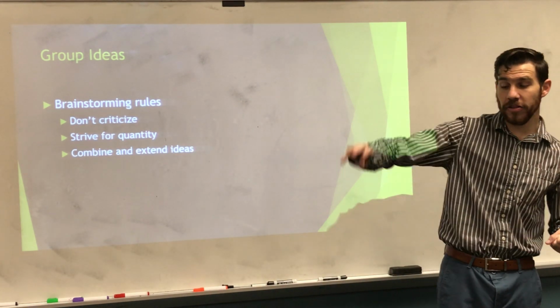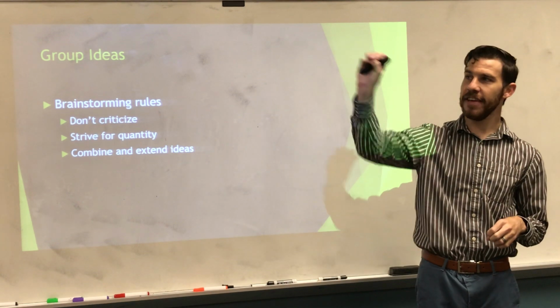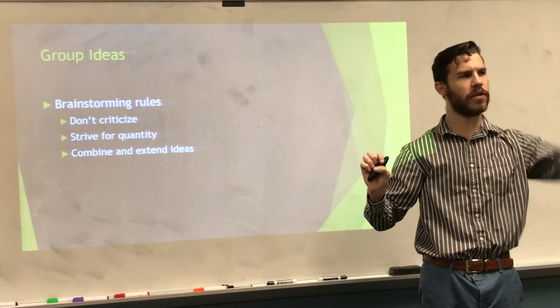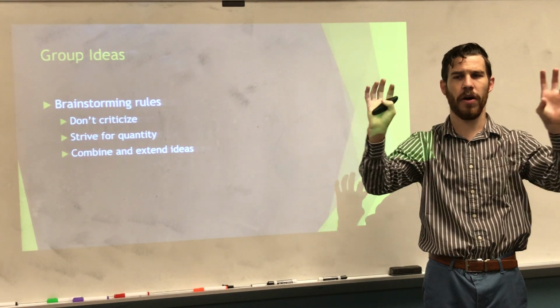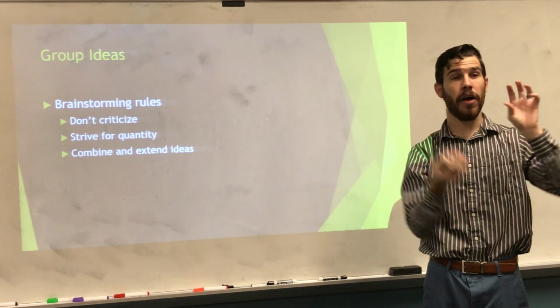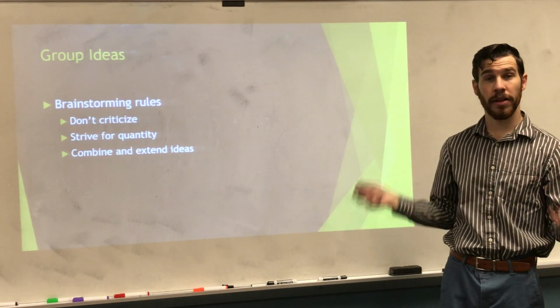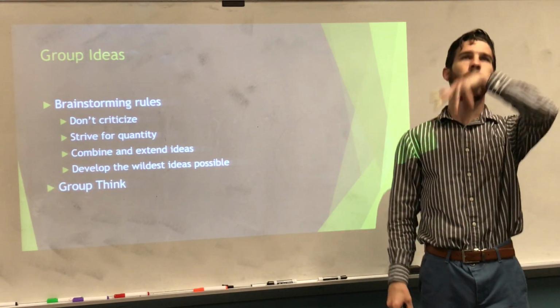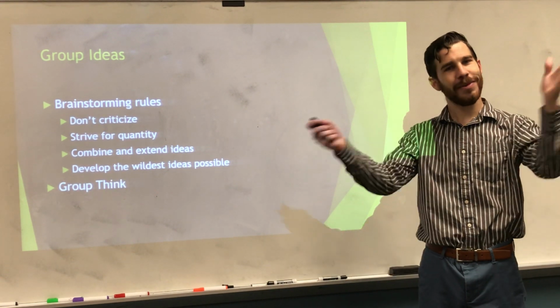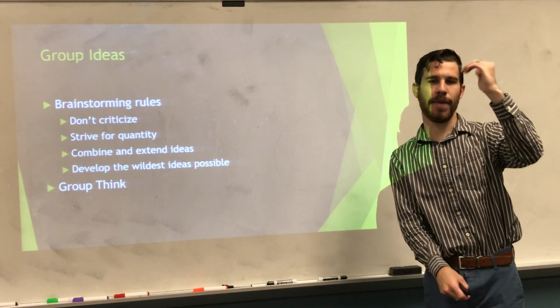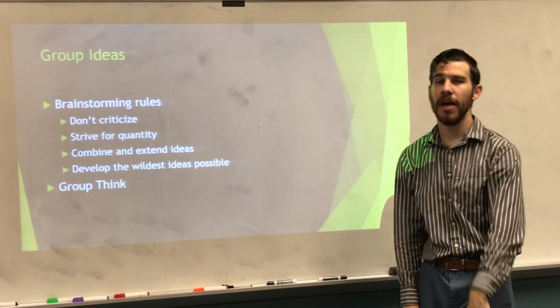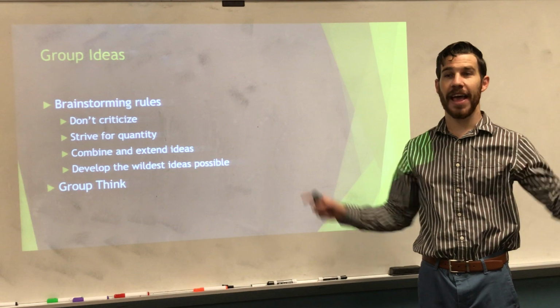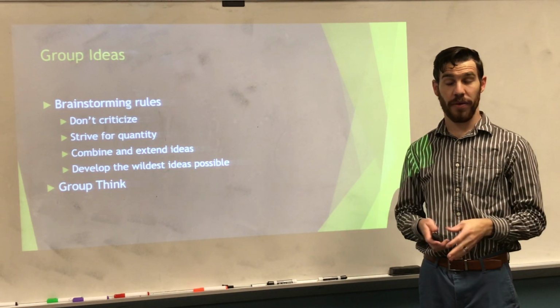And with this, you want to make sure that you're combining ideas. Like this idea might be good but have a few flaws, and this idea might be good and have a few flaws. But if you put them together, their flaws solve themselves, and overall, it looks a lot better, okay? And you want to make sure that you think of the wildest things when you're brainstorming. You can always narrow down, but you don't want to be capped with, oh, well, we can't do that because of this. Just talk about the wildest things, and then try to narrow it down from there, okay?